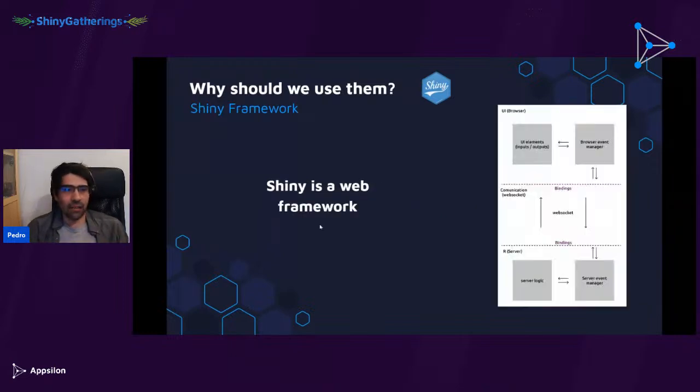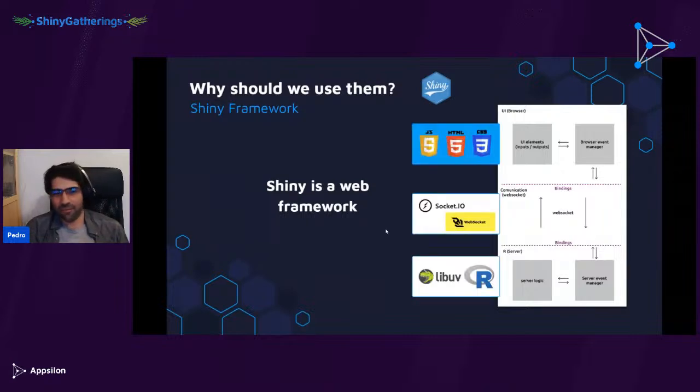So like any other web framework, it has some browser side. The uniqueness of Shiny is that it uses R as its backend. This is very much an approximation, a very big simplification of what Shiny is, and of course there's a lot of other pieces of technology that go into here.